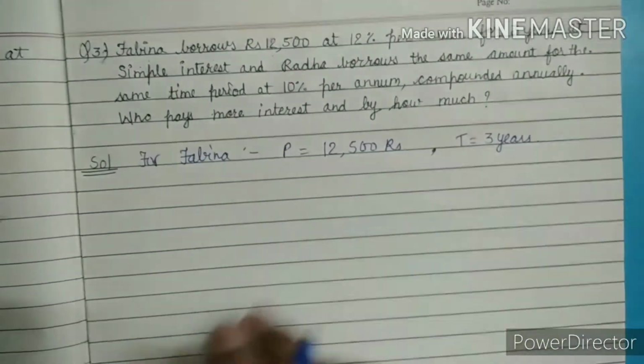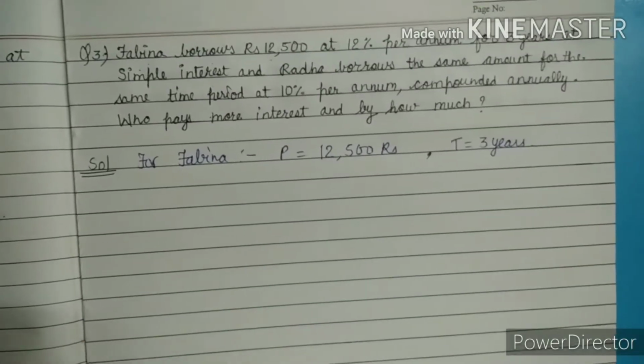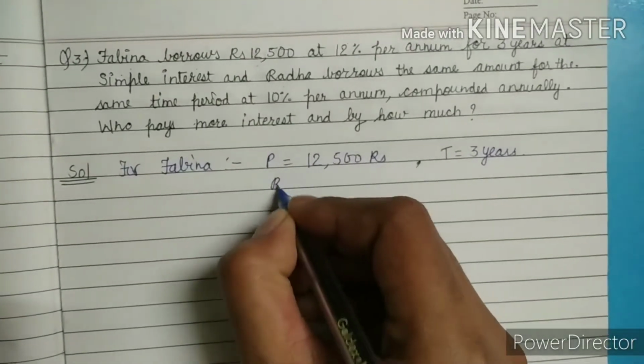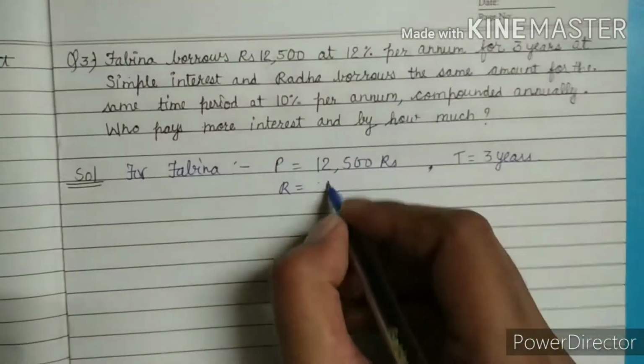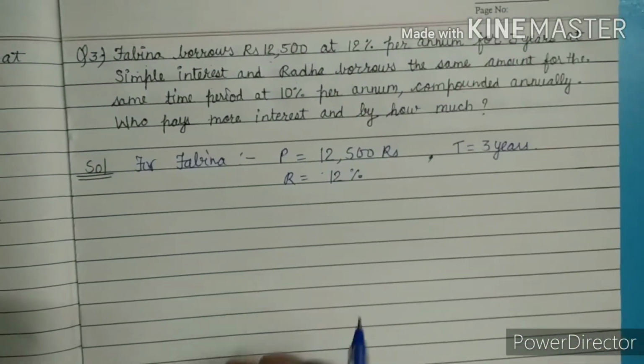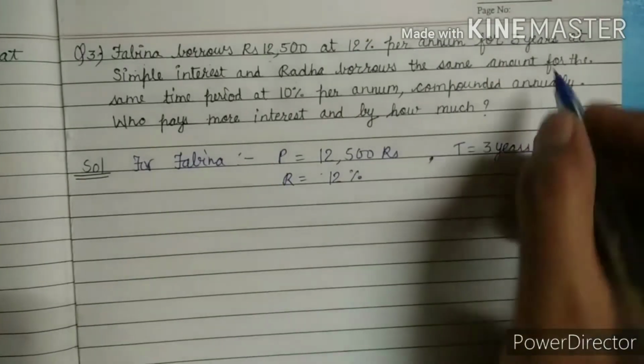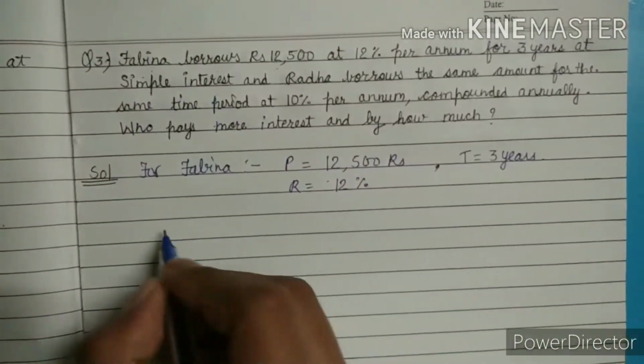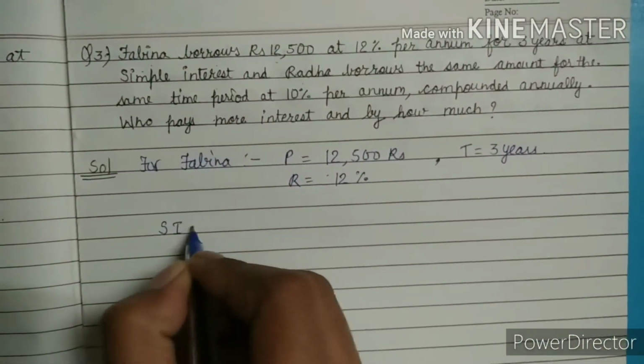These two things are the same for Fabina and Radha both. And the rate of interest for Fabina is 12%. She pays according to simple interest. So we will put here the simple interest formula,